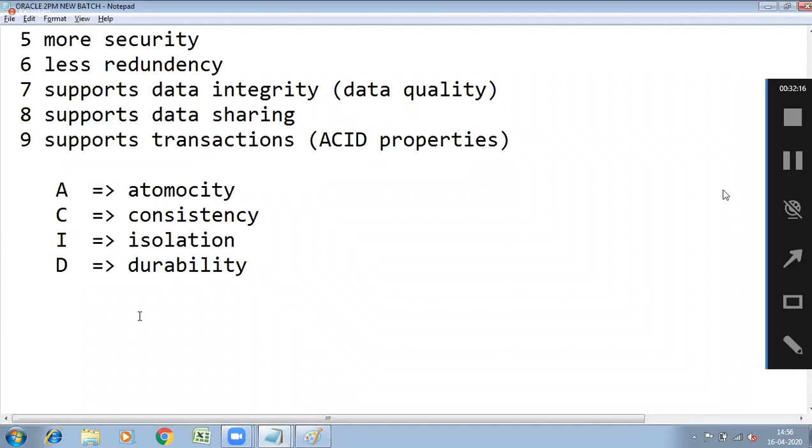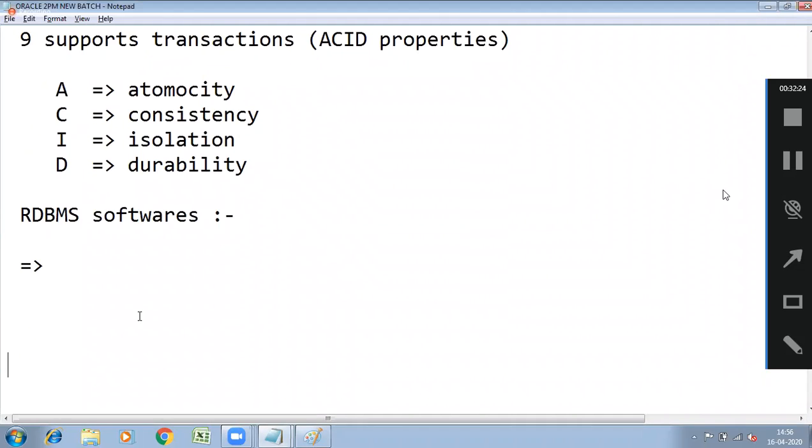Next, RDBMS softwares. What are RDBMS softwares? Suppose you take OOPS and Java. What is OOPS? What is Java?